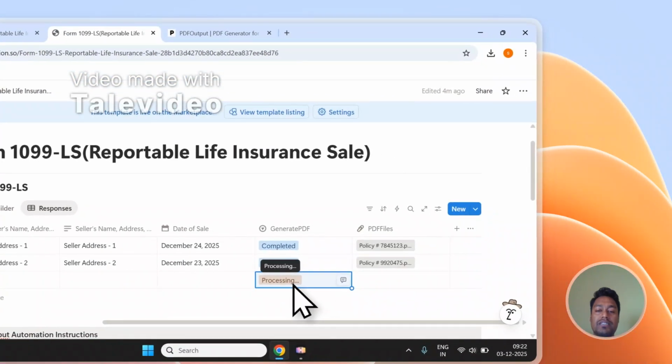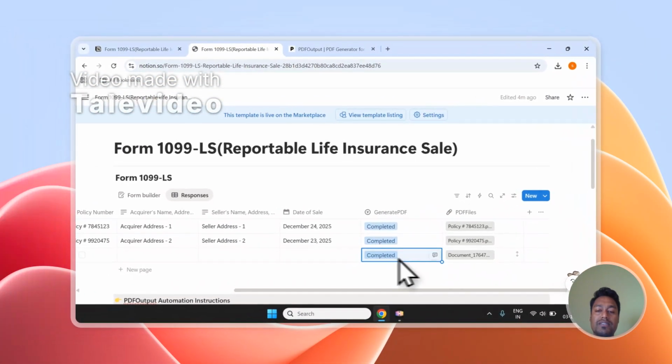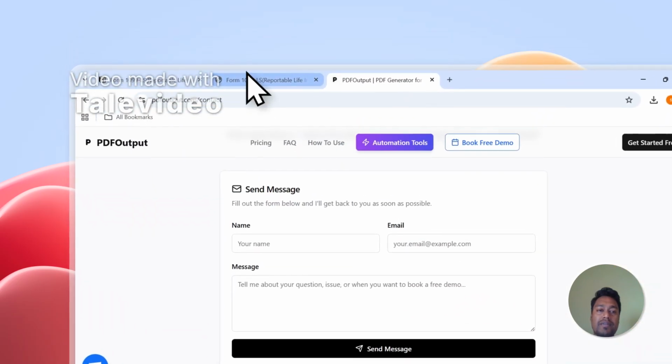So as you can see, it has started processing this document while we were discussing, and it has even completed the same and created the document right inside the database, which we had marked as ready to generate earlier. It will use this exact same template that we